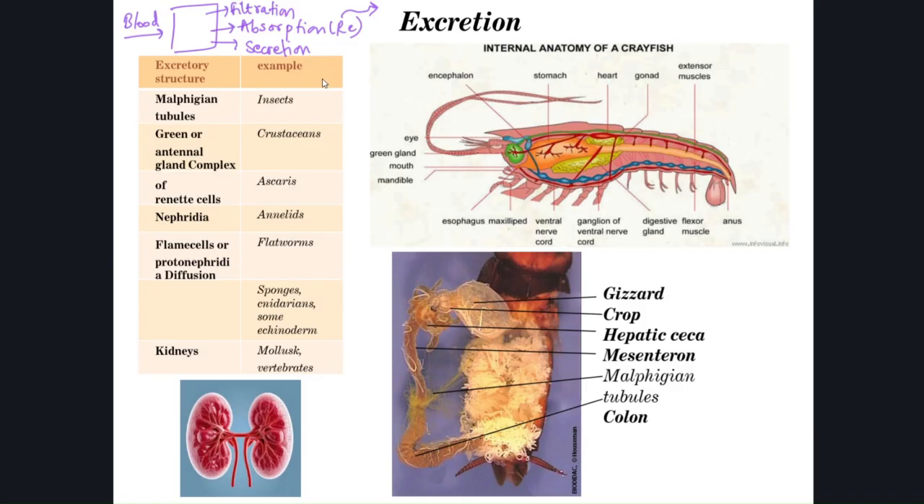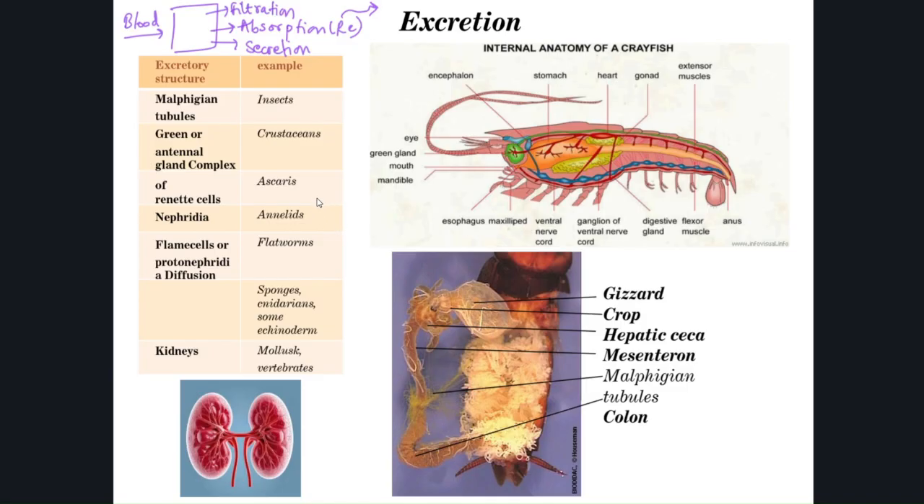Now, the structures responsible for this purpose can differ from animal to animal. These could be Malpighian tubules in insects such as cockroaches, as seen in this diagram of the digestive system, where around it you can see the Malpighian tubules present. Or it could be the green or the antennal gland as found in crustaceans, whether prawns or crayfishes. Whether it is renette cells as found in ascarids, or nephridia found in annelids such as earthworm, Nereis and other annelids,